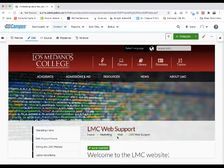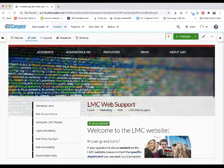I think the thing that you're going to see the most is an interface change. Everything's a lot more white and less gray, less dated, a little bit more modern look. We don't have buttons that look like push buttons anymore. We have more of what they call the flat design, which is just a much more modern design trend right now. So again, more of a flat design button